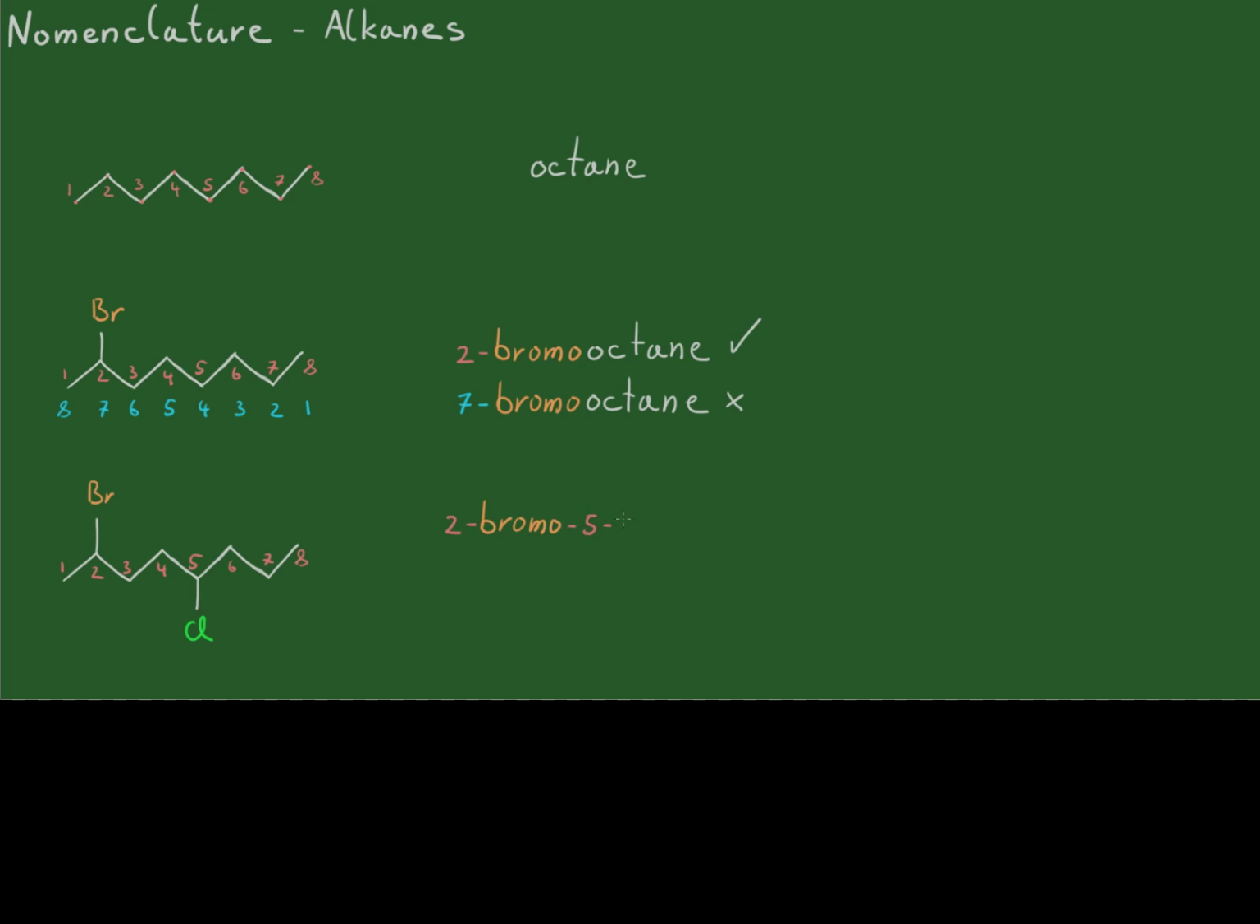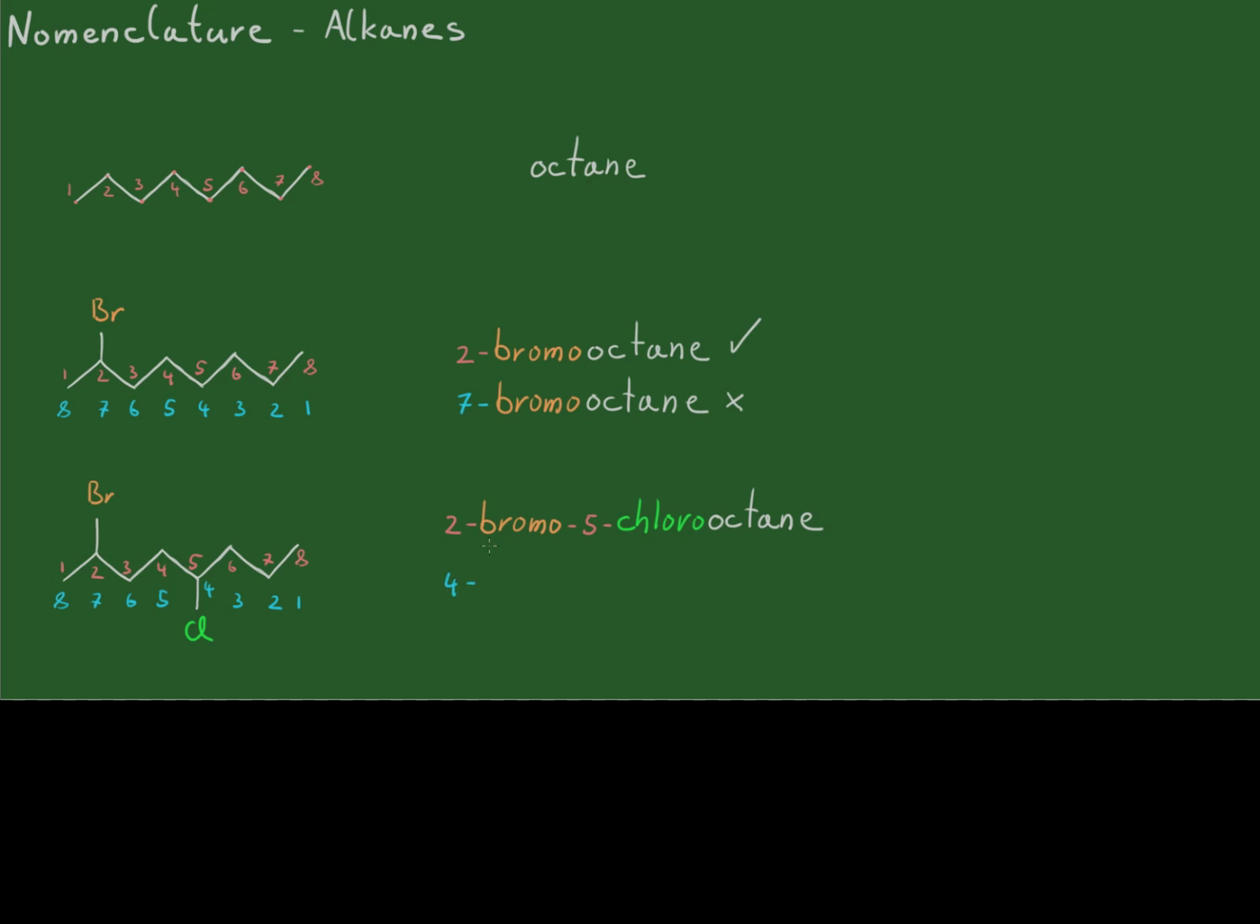So we have 2-bromo, 5-chloro. Chlorine becomes a chloro substituent group. And we are still dealing with a chain of 8 carbons. So it is an octane. Could we have numbered the other way around? In other words, from right to left. What happens to the name if we do that? Well, then we have